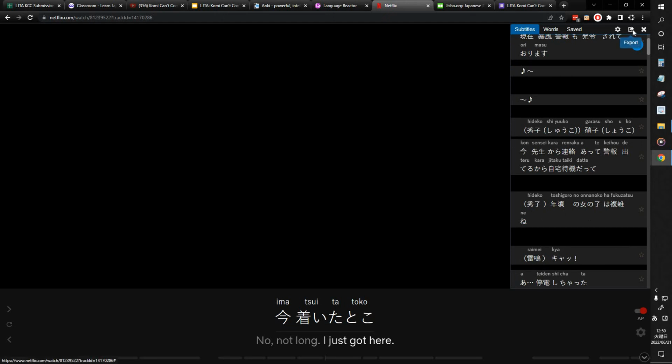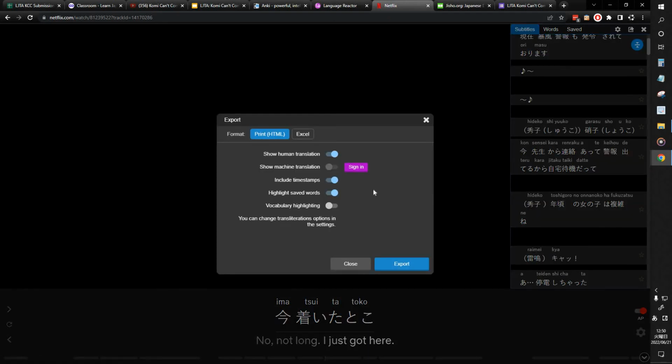I'm going to hit this export button. And I could do it a number of different ways. Let's just say for now, I just really want to be able to read through this whenever I want. Look at phrases and stuff I maybe missed. Print it out, maybe highlight it, etc. I don't need any of this on. Timestamps are nice, especially if you are going to